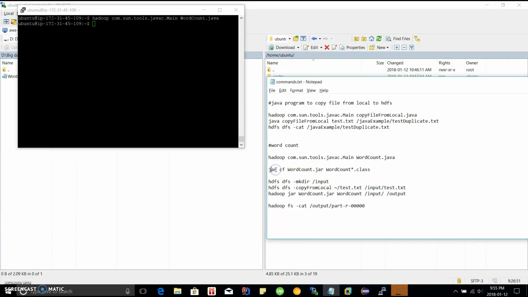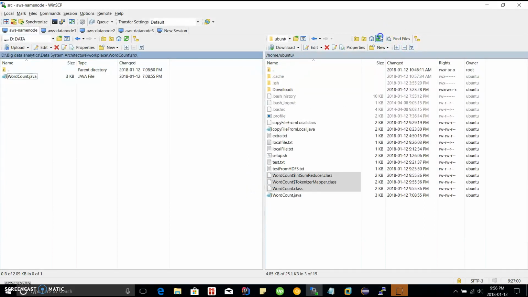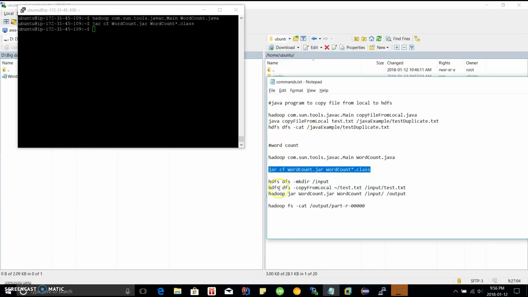Now we will create the jar file. We want to club these classes, so that's why we are creating the jar. So here the word count jar has been created. Now let's create the